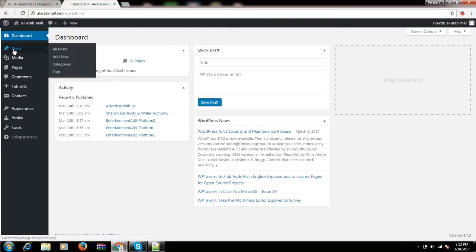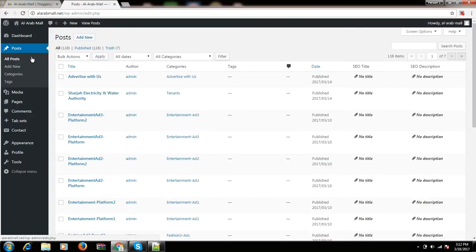So moving to the next, here on the left side you will see a sidebar with various options like post, media, pages, comments, contact and all that. So we will first move to the post. Now, what is a post? A post is nothing but a bit of information that you represent for your site. Below that, an all post option is there.